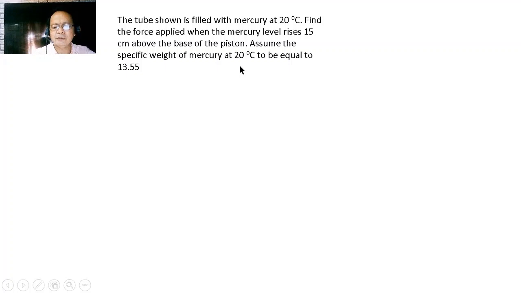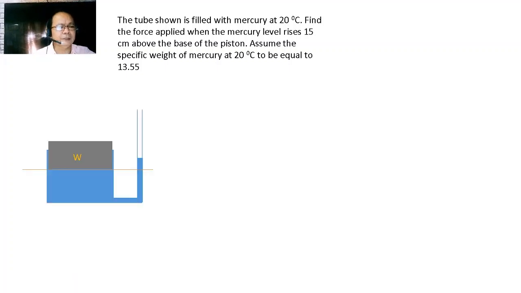So, ipakita natin ngayon guys itong ating figure. In the figure, meron tayo ditong cylinder, and inside the cylinder, we have a piston whose weight is W. The cylinder has a diameter of 20 centimeters and is attached to this tubing whose diameter is 1.0 centimeter. So initially, there is a difference in the elevation of the mercury from the base of the piston equal to